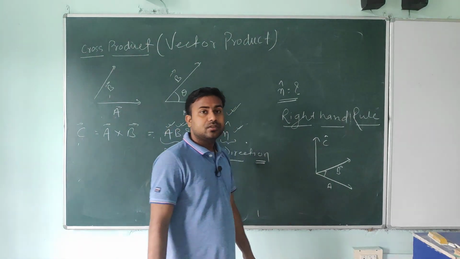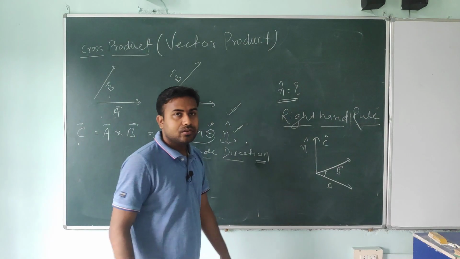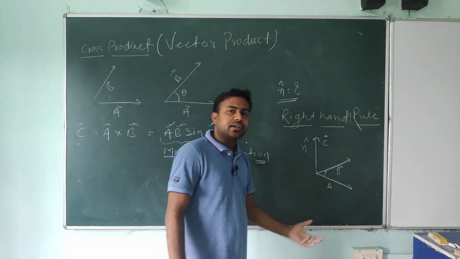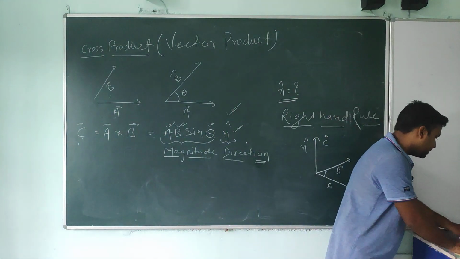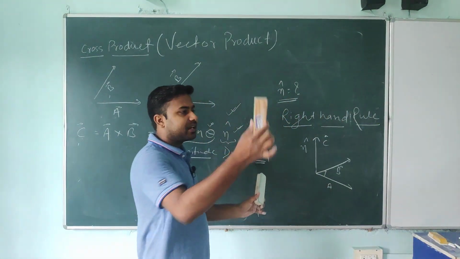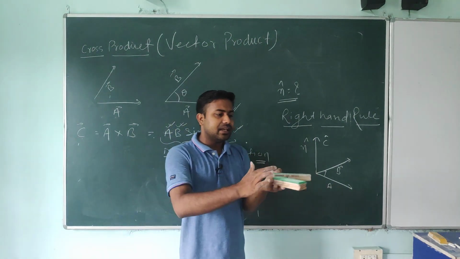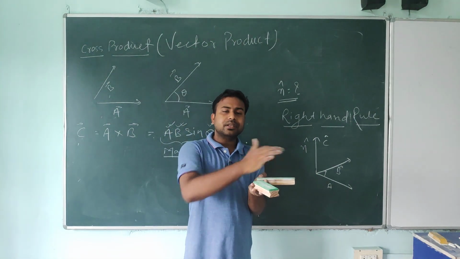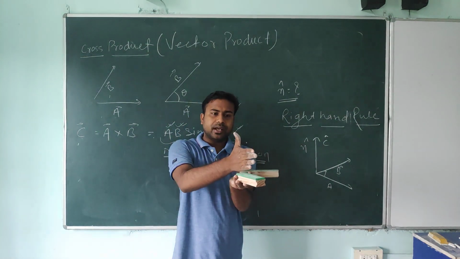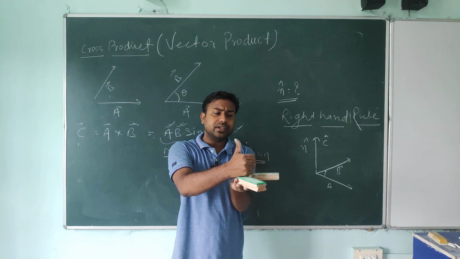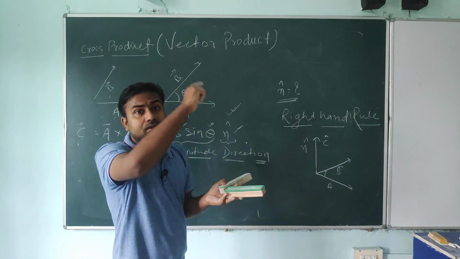So how to calculate? And this is also an n cap. Okay, and this is the direction of the cross product. So how will you get it? First look at this. Assuming this duster is the A vector and this one is the B vector, if you want to take a cross product, put your hand on the A vector and curl your fingers towards the B vector. Then the thumb will represent the direction of the cross product A cross B.